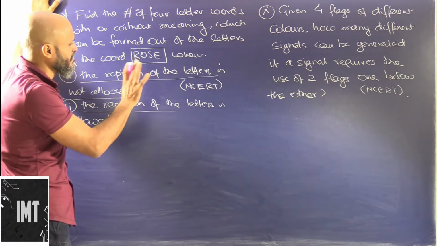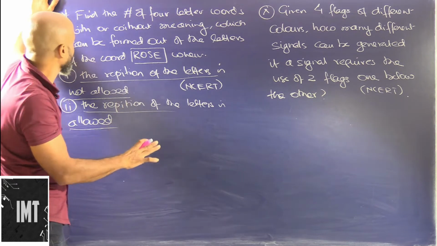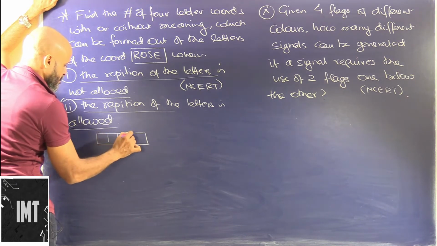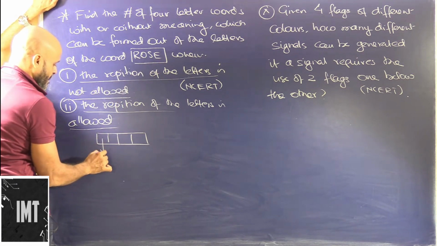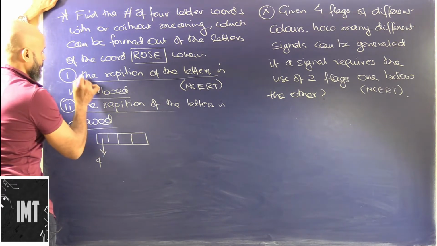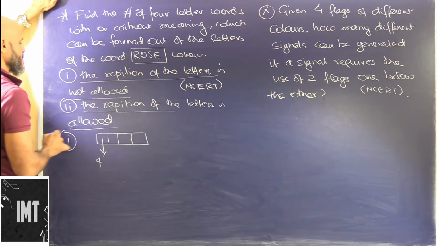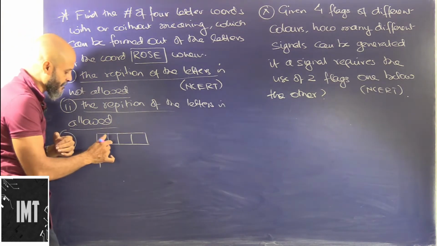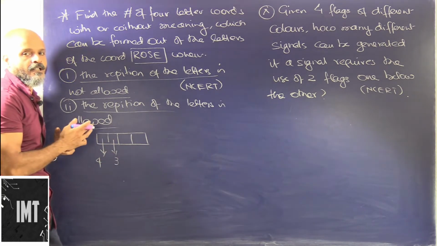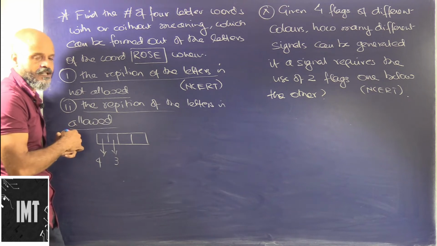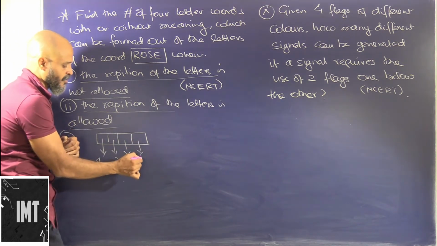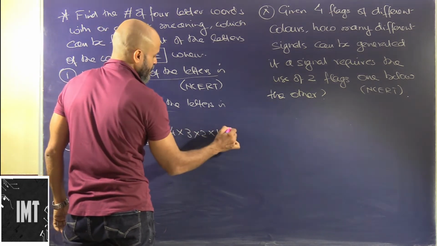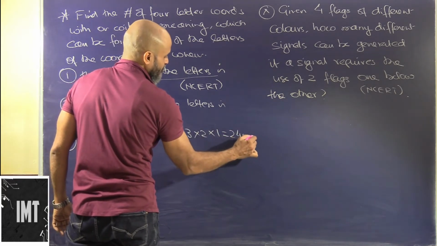So let's understand, this is a very basic question, no need to go for complex formulas out here. So these are basically the 4-lettered word. So this is 1, 2, 3, 4. So ROSE, this can be filled in how many ways? Obviously 4 ways. So if we are taking the first condition, when the repetition of letters is not allowed, we have already used 1 letter. So how many letters are we remaining with? Obviously 3. So this will be filled in 3 ways. After using this, how many letters are we left with? Obviously 2. And obviously here only 1 can be adjusted. So the number of combinations would be 4 into 3 into 2 into 1, which is basically 24 ways.